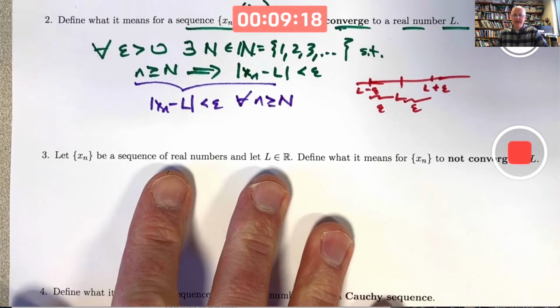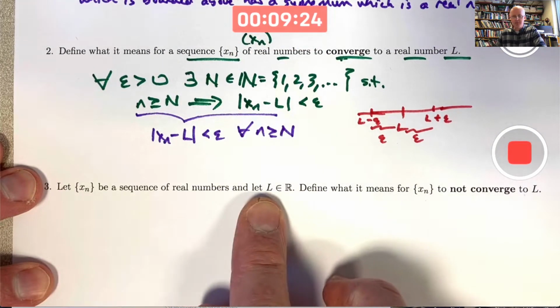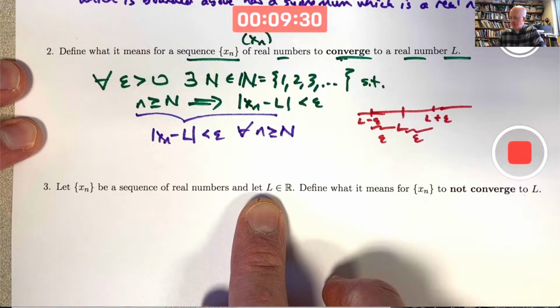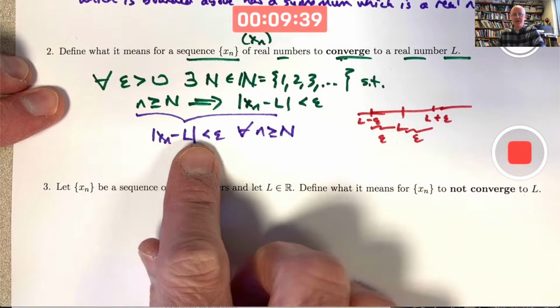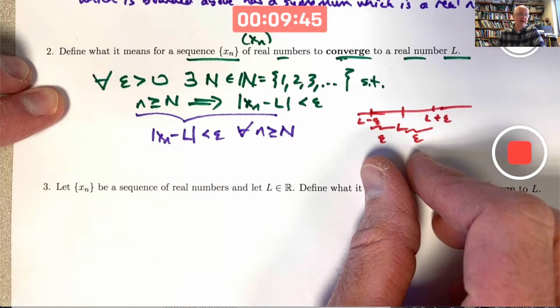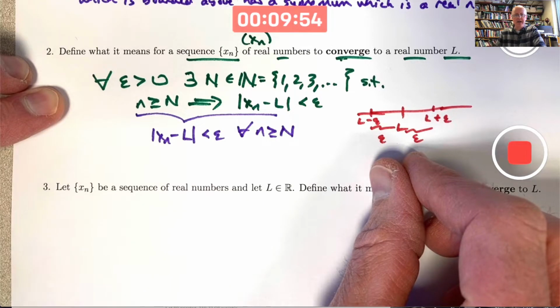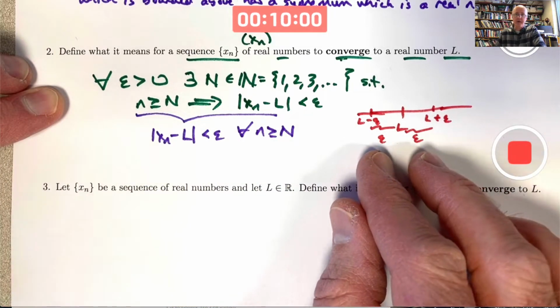Number 3 is essentially the negation of the previous definition. Let xn be a sequence of real numbers and let L be a real number. In number 2, we defined what it means for the sequence to converge to L. What does it mean for the sequence to not converge to L? We need to negate this definition. Intuitively, this definition said, no matter how small epsilon is, what kind of tolerance I have, the sequence will eventually get inside there. What would the negation of that be? Think about it intuitively. There is some possibly very small epsilon,